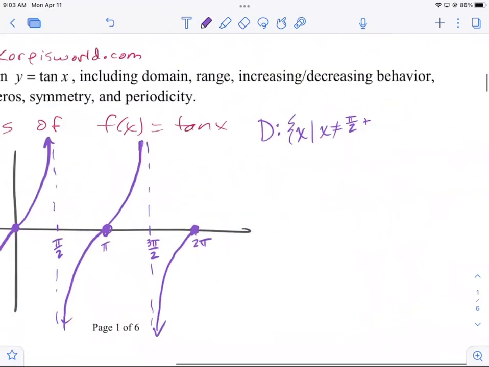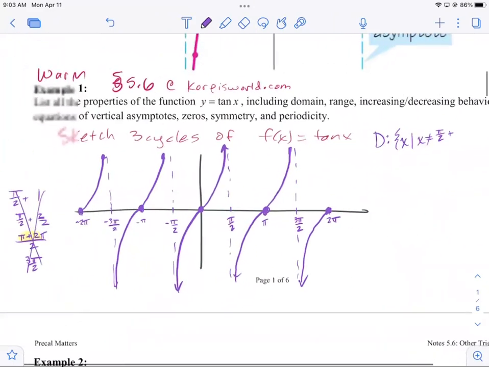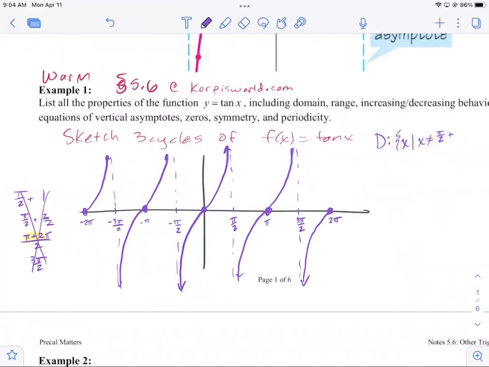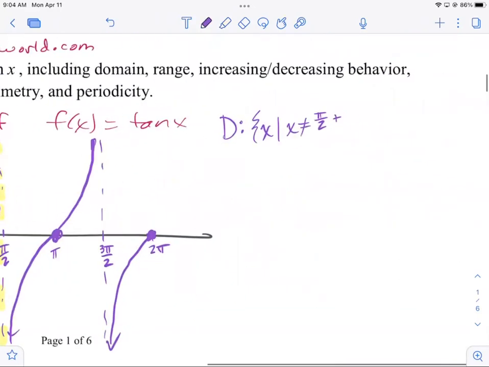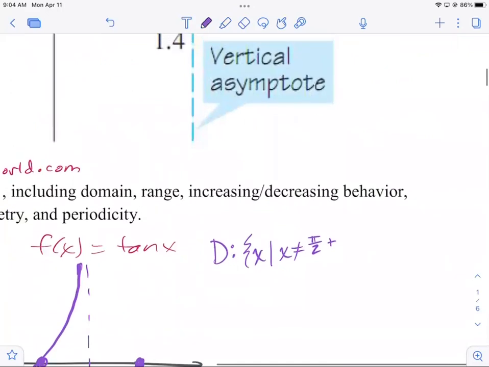So anyway, how far apart are the vertical asymptotes from each other? Pi. Good. We said on Friday that the primary cycle of tangent is this one here, which occurs between negative pi halves and pi halves. That's the main branch, or the main cycle, because it's the one that's closest to the origin, and it straddles. So the period is pi, right? So these occur every multiple of pi. So we'll just say pi n, where n is an integer,